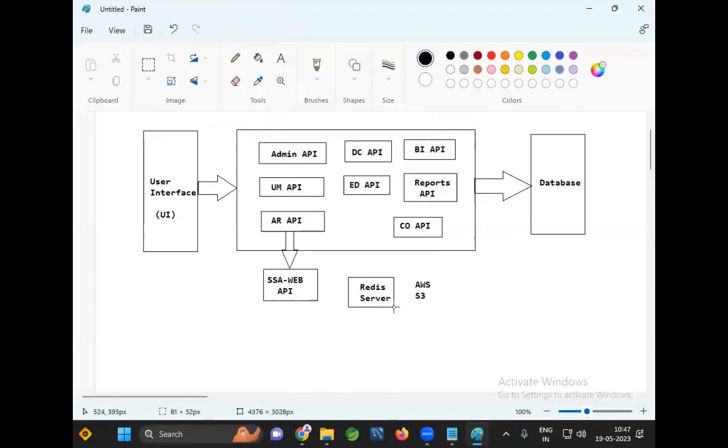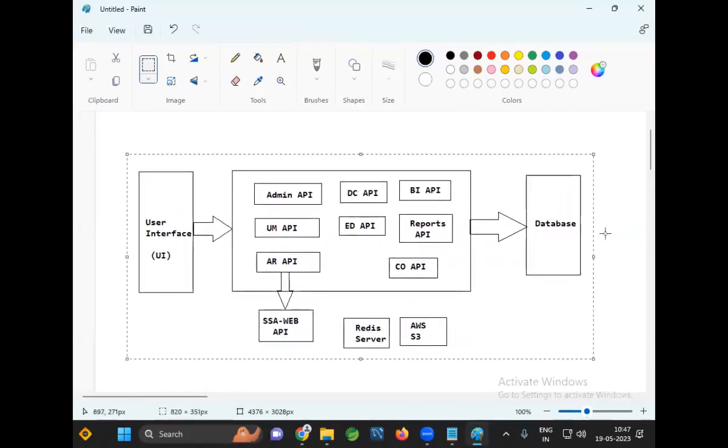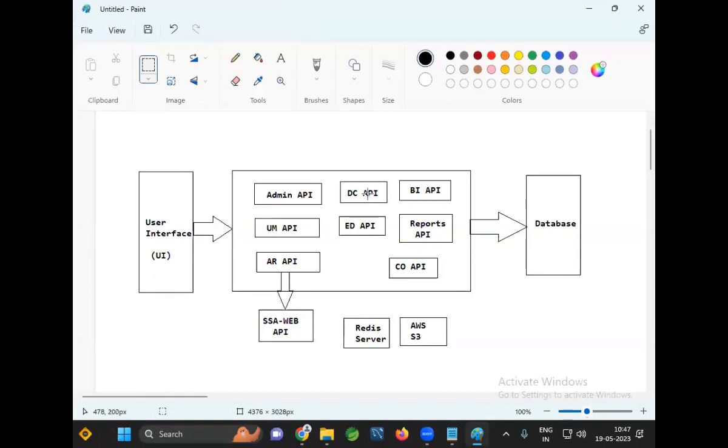Here we have DC API, ED API, BI API, reports API, correspondence API. My correspondence API will communicate with the Redis server to get the static data, cache memory, and with the AWS S3 service to upload the PDFs in the cloud storage.